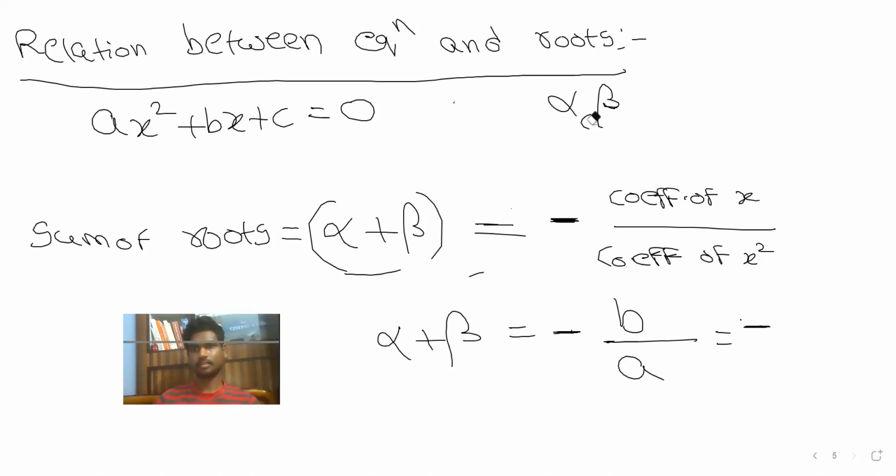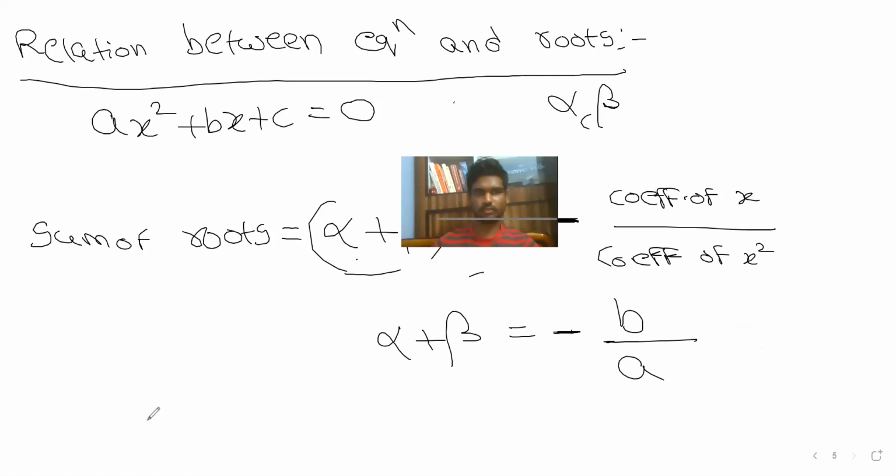So now how to remember the general terms? You are first adding alpha plus beta. That's the sum of the roots. Alpha plus beta equals minus the coefficient of 1 power less than the degree. So here we have x square, right? The highest degree is x square. So 1 power less than that is x. That's why the coefficient of x upon coefficient of x square. So that's why you got minus b by a.